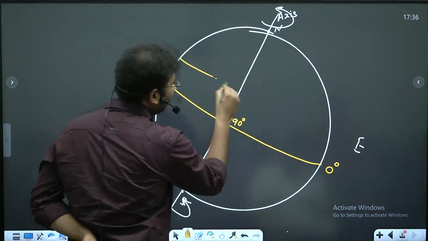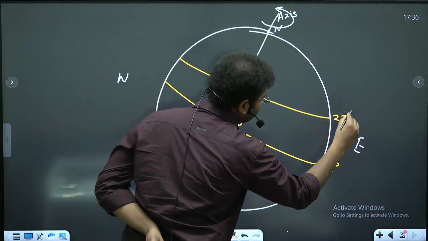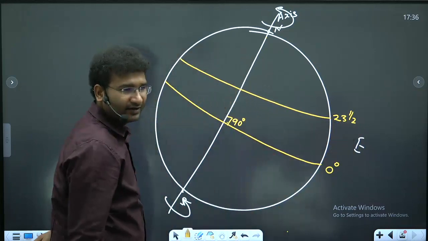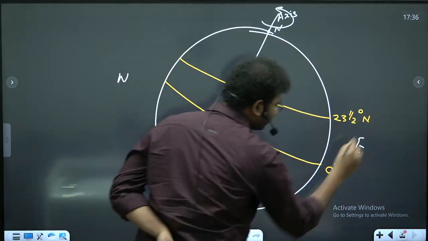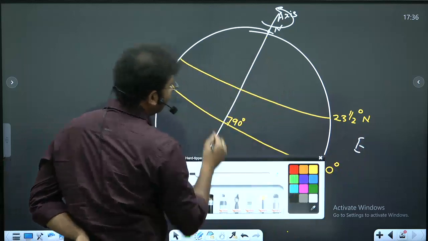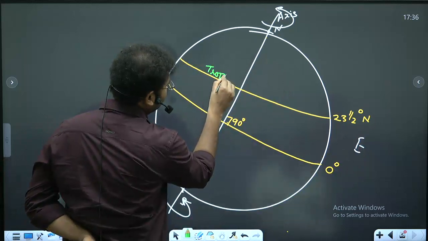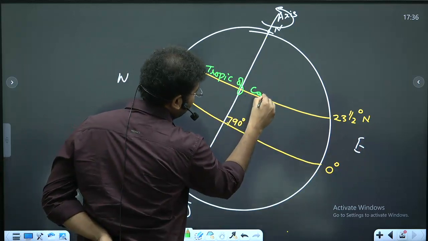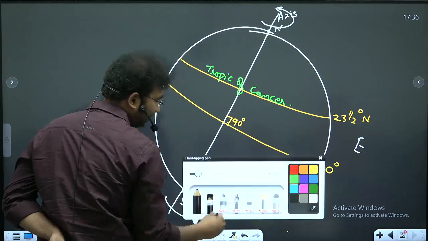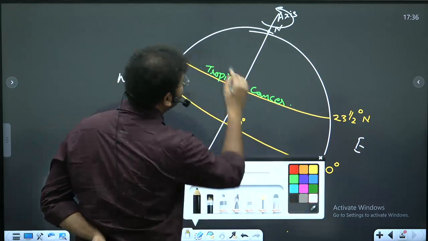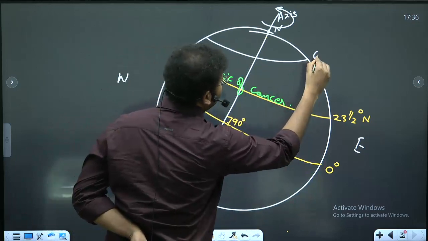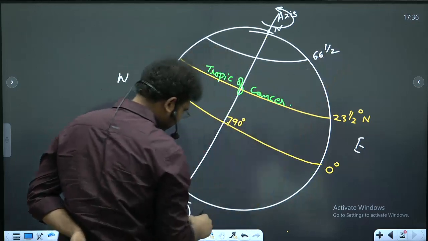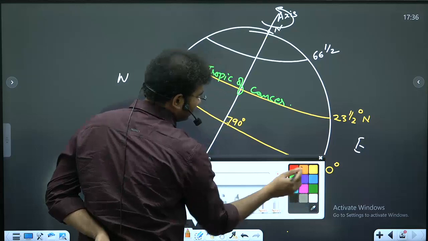Likewise, at 23.5 degrees north, what is this called? Tropic of Cancer. Likewise, the 66.5 degrees latitude is called